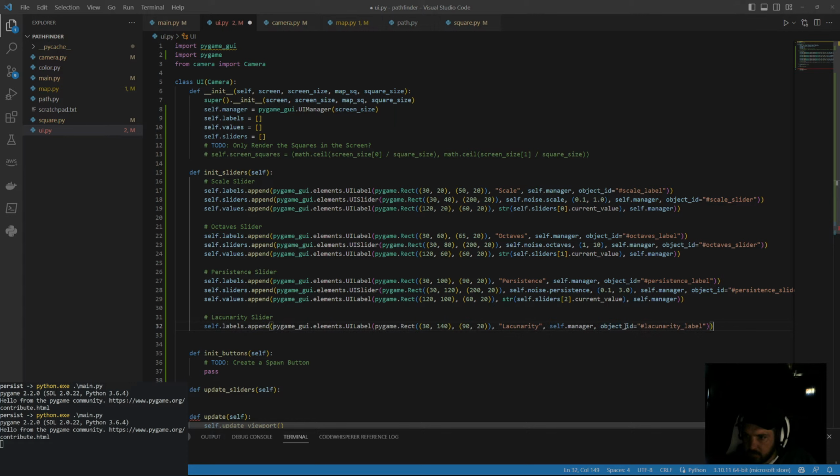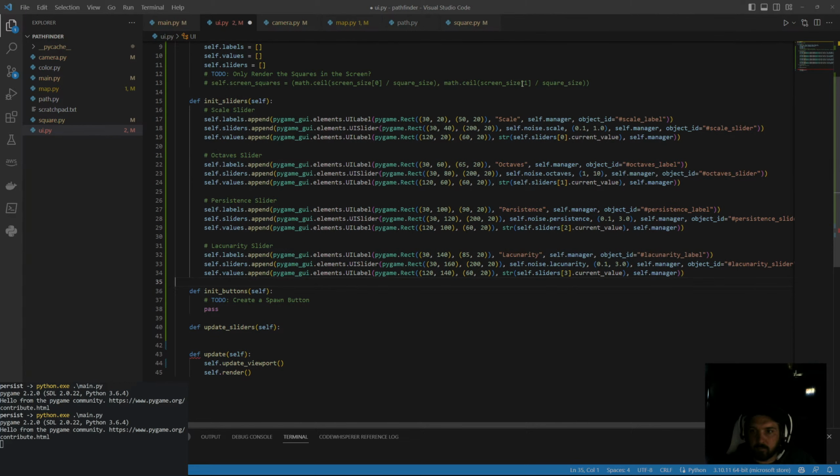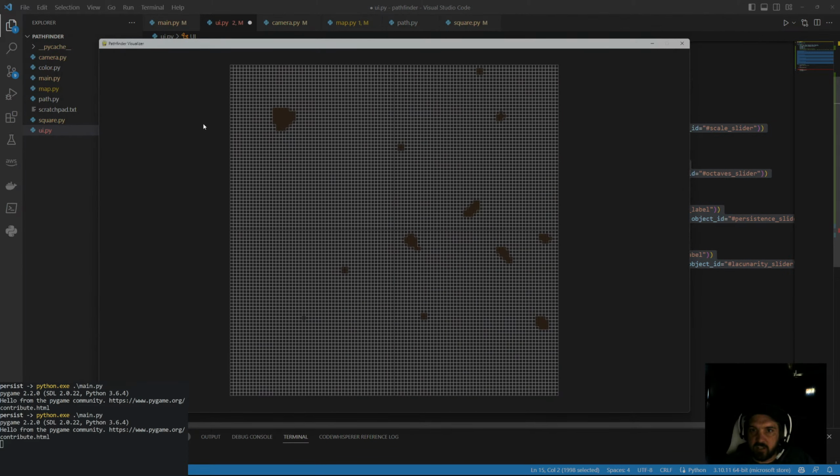And then linearity. And let's check these values. 30, 140. My previous version I did 85. 30, 160, 220. And the same range, 120, 40, 60, and 20. And you can experiment with these and create your own configurations. But this is essentially how we would implement that in this,